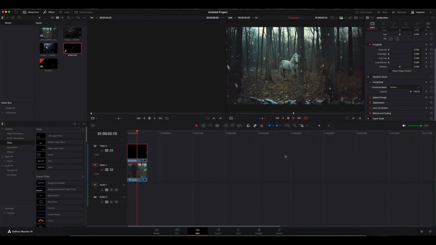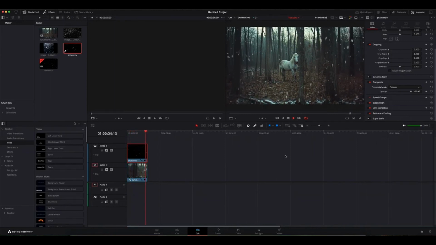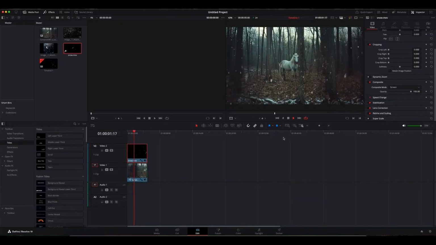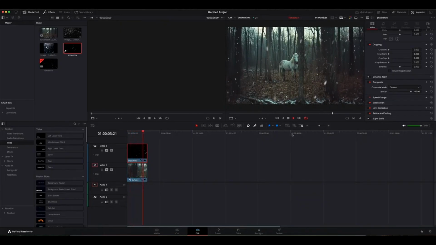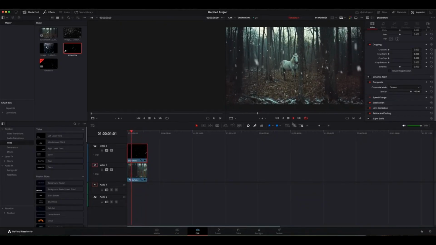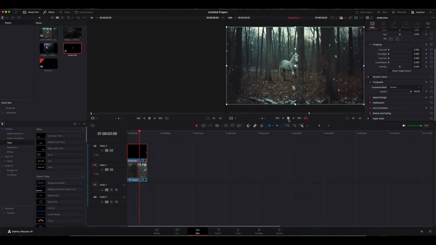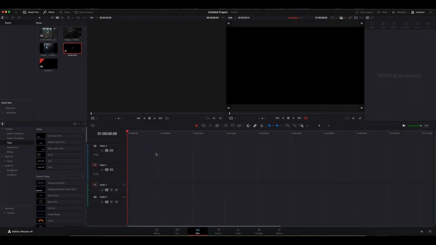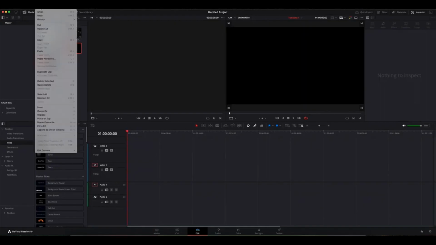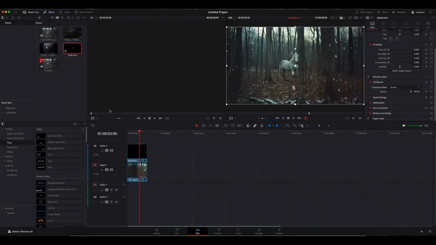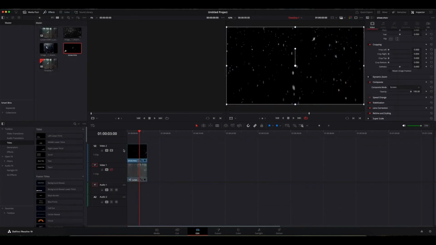Yeah, it just looks a lot better, right? Maybe more cinematic, right? I think it looks a lot better. So that's how you do it. It's that easy. And let me just show you guys how it looked when I used the AI. Whoops, didn't mean to do that. Well, let me just show you guys how it looked whenever